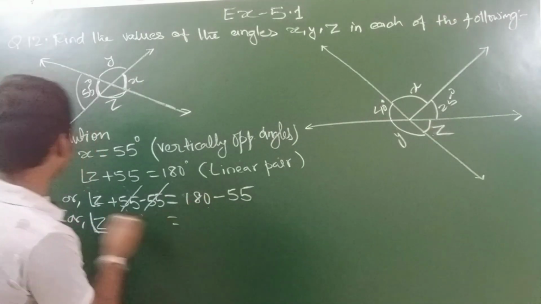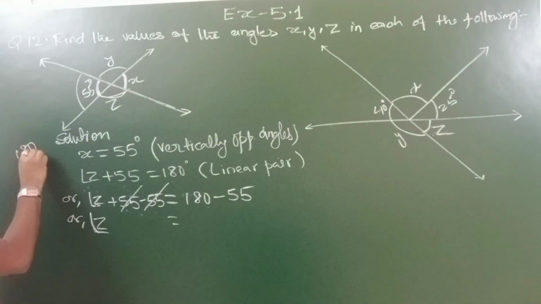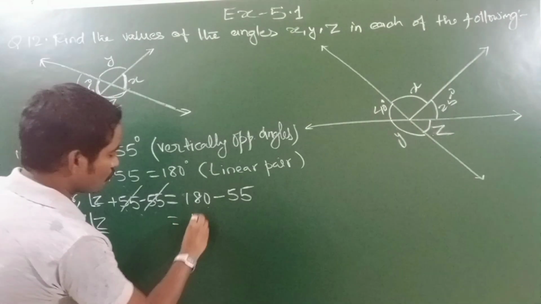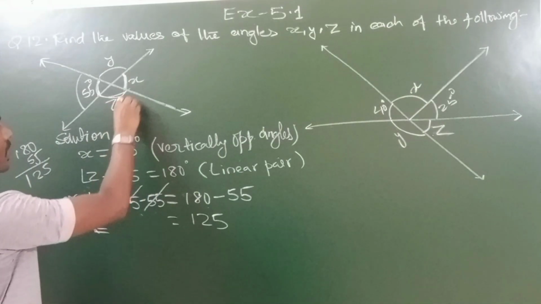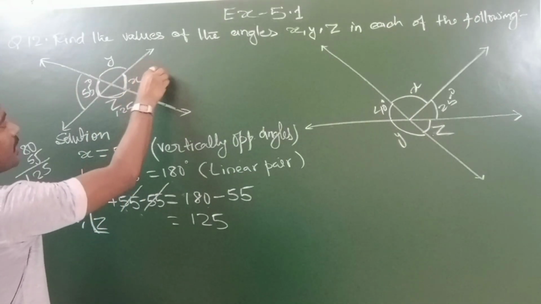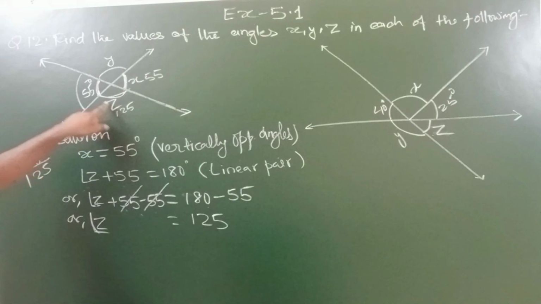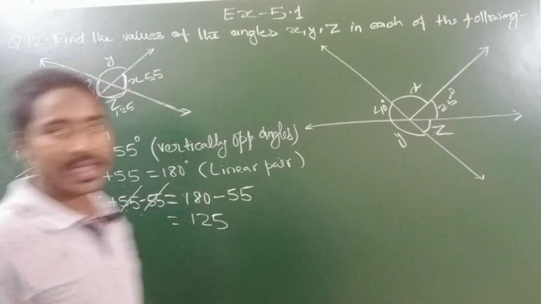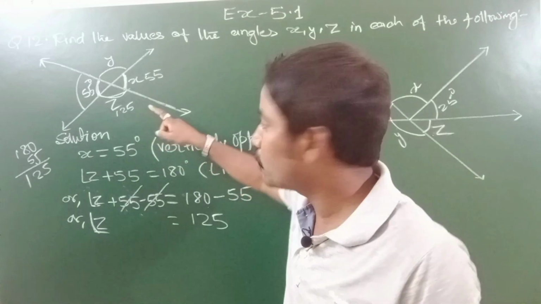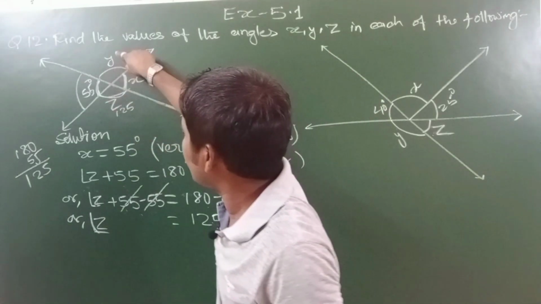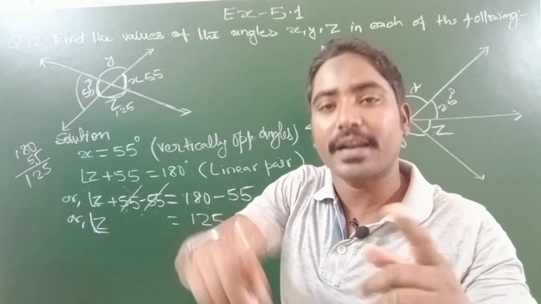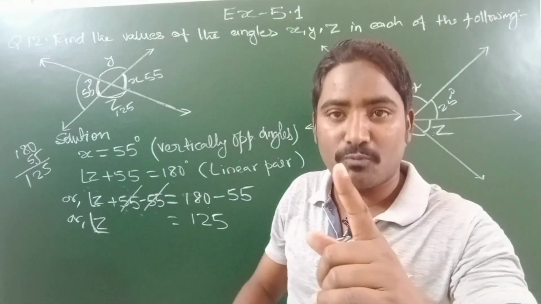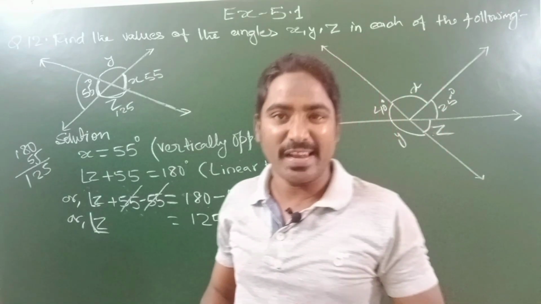And if we subtract, 180 minus 55: here you will have 5, here you will have 2, here you will have 1. So angle z will be equal to 125, this one is calculated as 125. Now see, students, are angle z and y vertically opposite angles? Yes. And as I told you at the beginning, there are a number of methods to solve one question or to find one value.